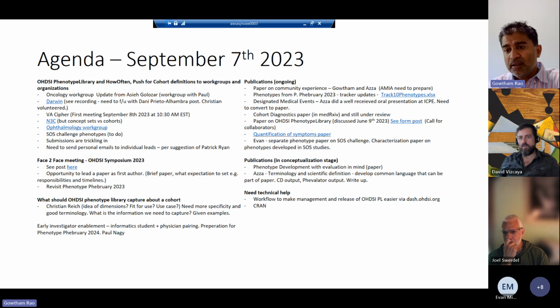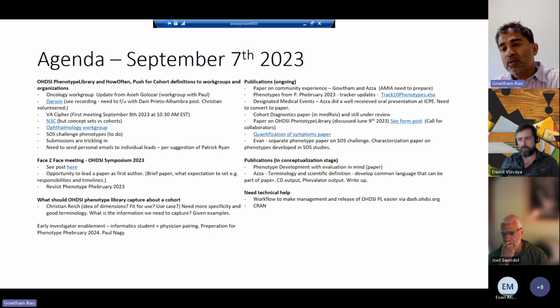And there is a timeline for the submission of these good quality cohort definitions. Patrick and George Ripschak, who are the leads of How Often, have said you have to submit your cohort definitions by September 15th. That gives them 10 days to process those cohort definitions and select the ones they think would fit the How Often study. So this work group is the keeper of the OHDSI Phenotype library. The pressure is on us.